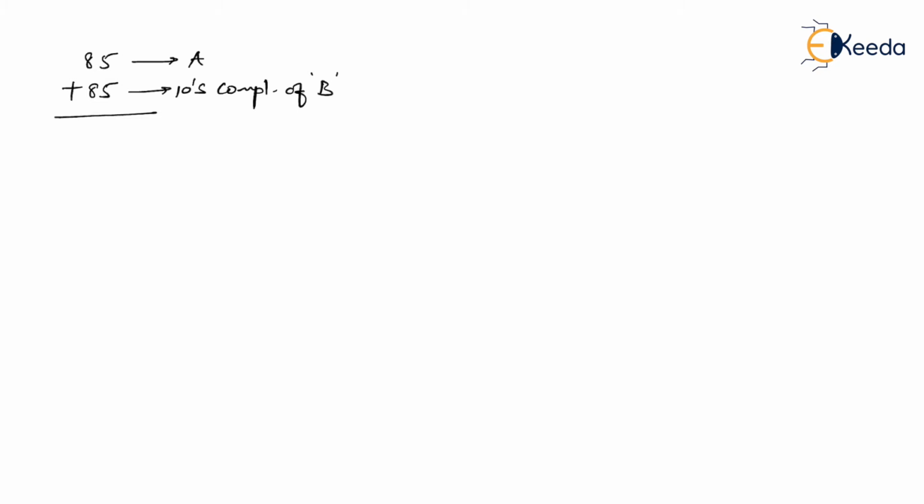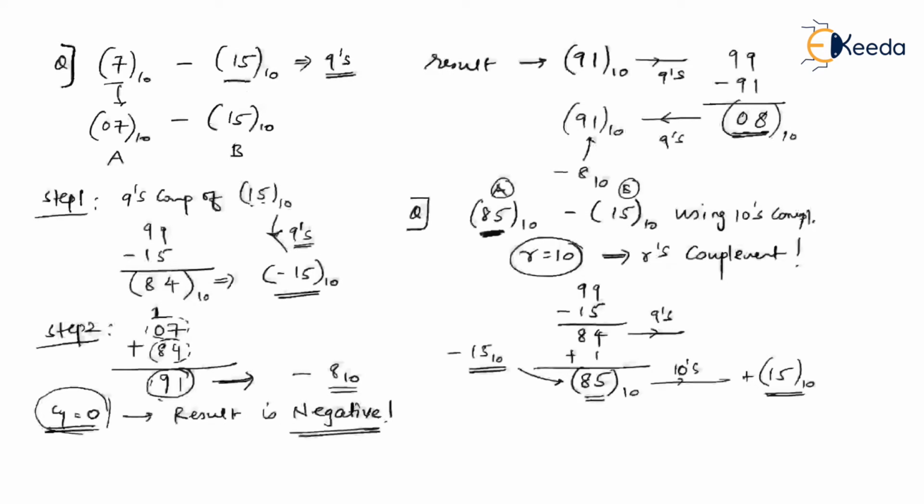So what is 5 plus 5? 5 plus 5 is 10. Carry is 1. 8 plus 8, it is 16. Plus 1, it is 17. Can't you see the carry has come? The carry has come. But now let me tell you, what I am going to do is I'm going to use r's complement method, guys. I'm going to use r's complement method. So far we have used r minus 1's complement method. So this is something else.